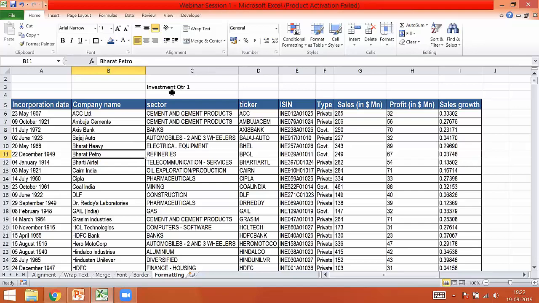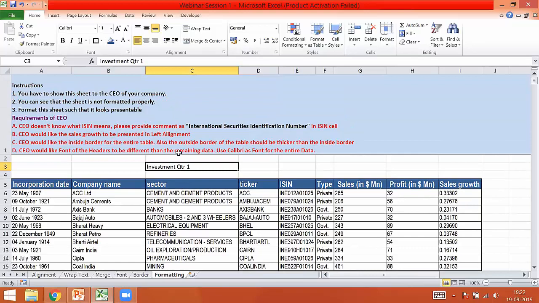Okay, so now I can see that there is one heading for this entire data, but it is somewhere in between what it says and what really it doesn't say. So what I'm going to do is, let's make this text as header, not as one text which is just lying in one cell. So we'll just apply merge.